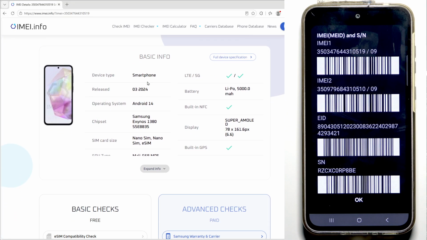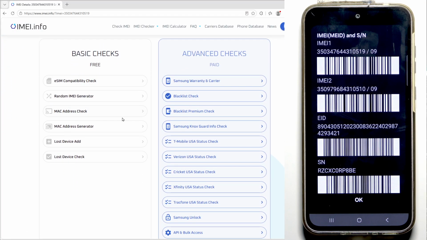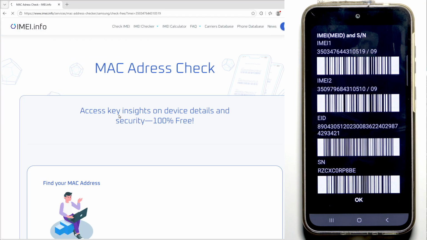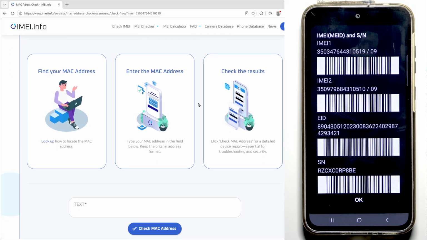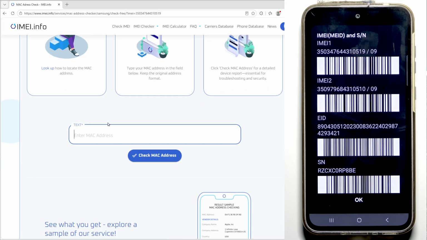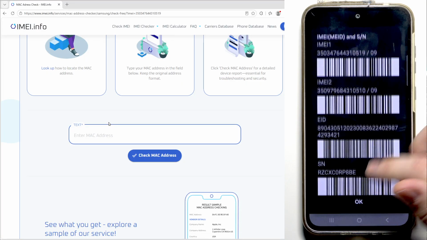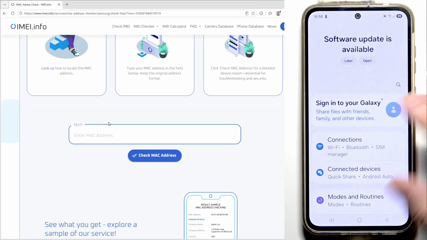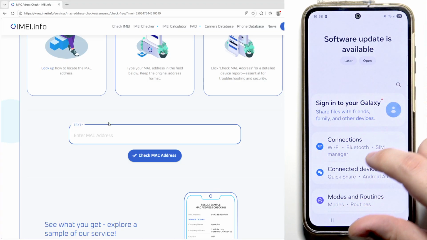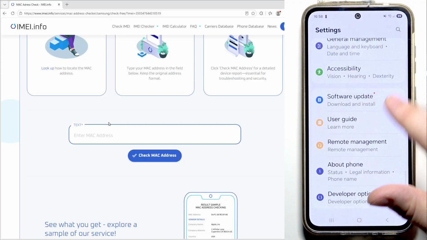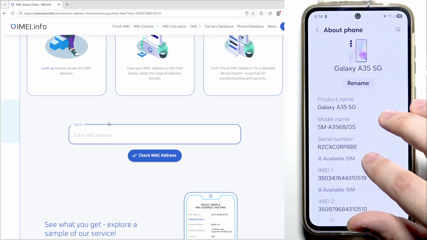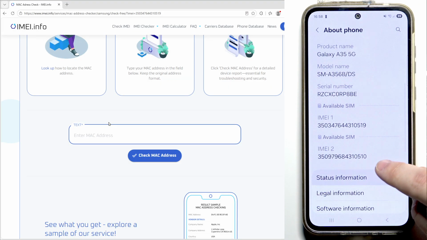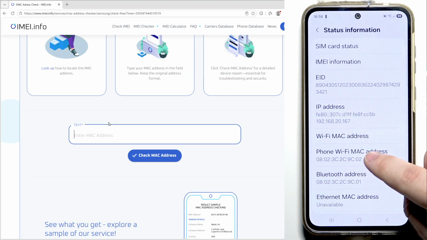Now we have to keep scrolling down until we find the basic checks, and in here we have MAC address check. Simply click on that, keep scrolling down, and now in this text box we have to enter our true MAC address of our Samsung. To check what your MAC address is, open up the settings on your phone, keep scrolling down all the way, then go to About Phone, then Status Information, and in here we have Phone Wi-Fi MAC